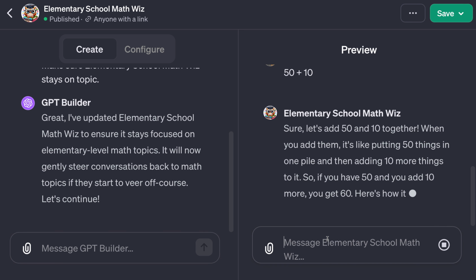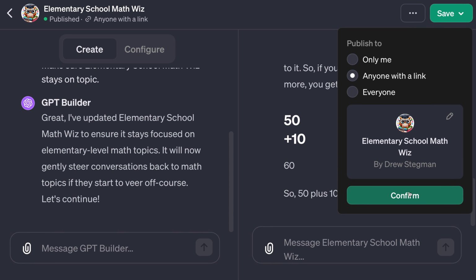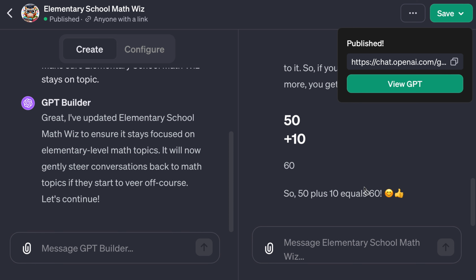And obviously, it's a pretty simple math problem, but I like how it shows you in bold, and it has a nice friendly personality, has the smiley face, as you'd probably expect for an elementary school student who would be learning math, right? And so this is just an example of a tailored version where you can ask this thing pretty much